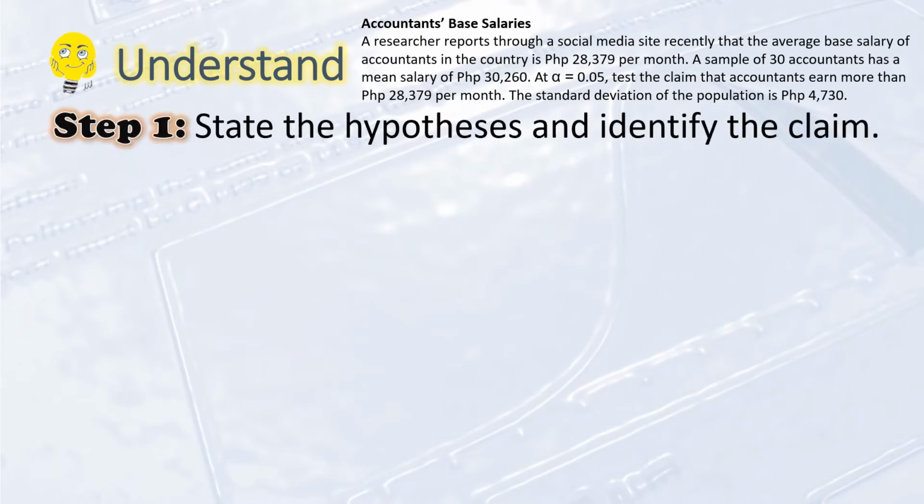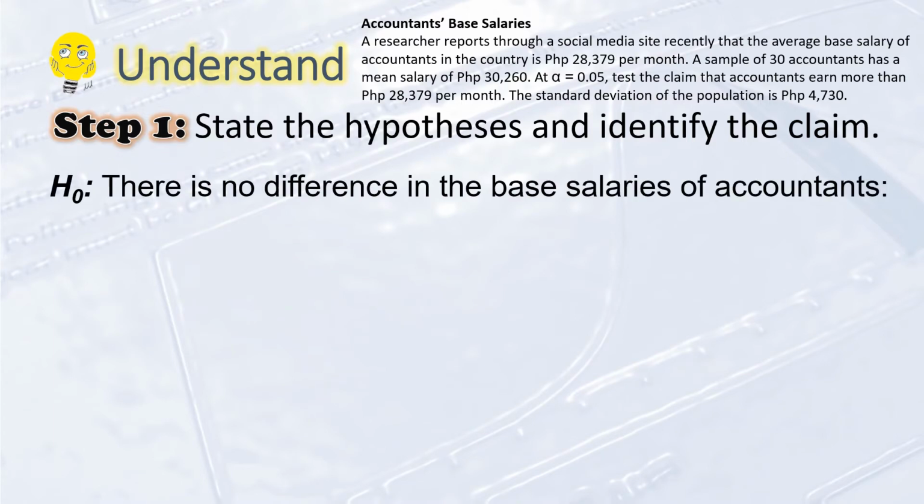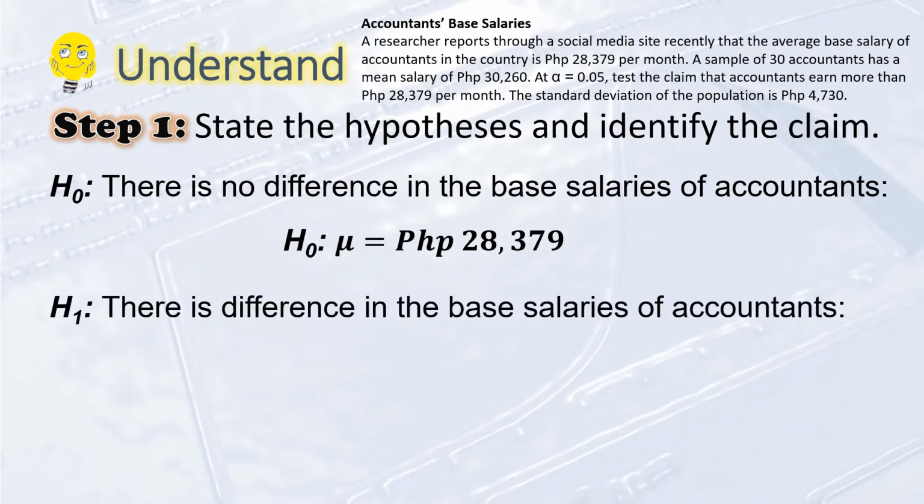For step 1, we state the hypothesis and identify the claim. For the null hypothesis, we say there is no difference in the base salaries of accountants. In symbol, we write H sub 0, mu is equal to 28,379 pesos. For the alternative hypothesis, we say there is difference in the base salaries of accountants. And in symbol H sub 1, mu is greater than